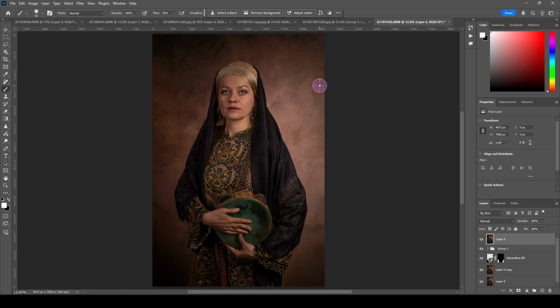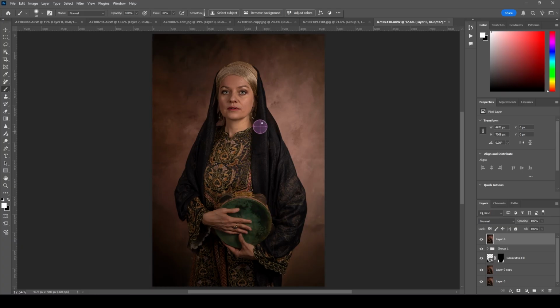In this lesson, I want to talk about textures. Textures are not brand new to us already because we already worked on textures of skin by doing some frequency separation. We already worked on dodging and burning. We worked on hair. So we are familiar with textures, but inside a photo, there's almost always more textures,